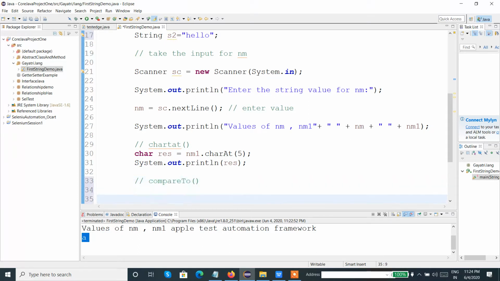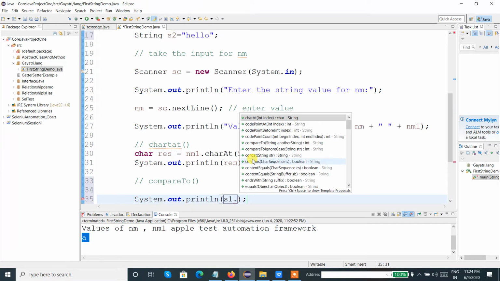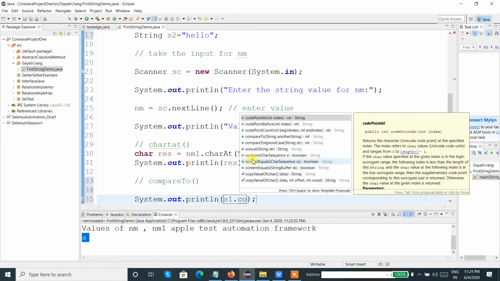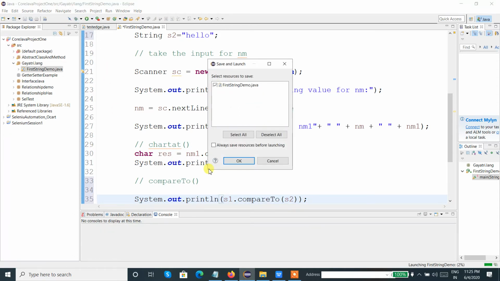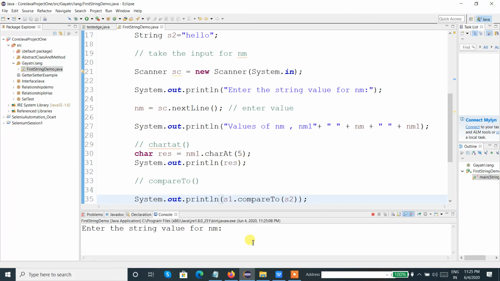So I use sysout s1.compareTo(s2). Now what will be the output? Let us check. 0 means both the strings are equal.